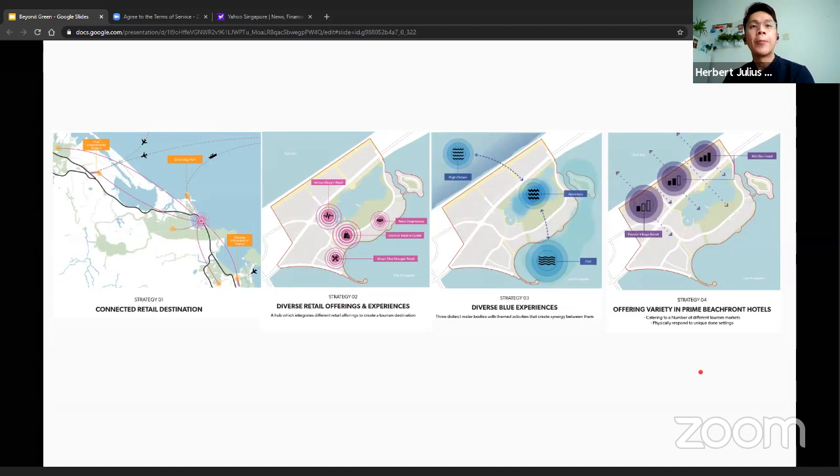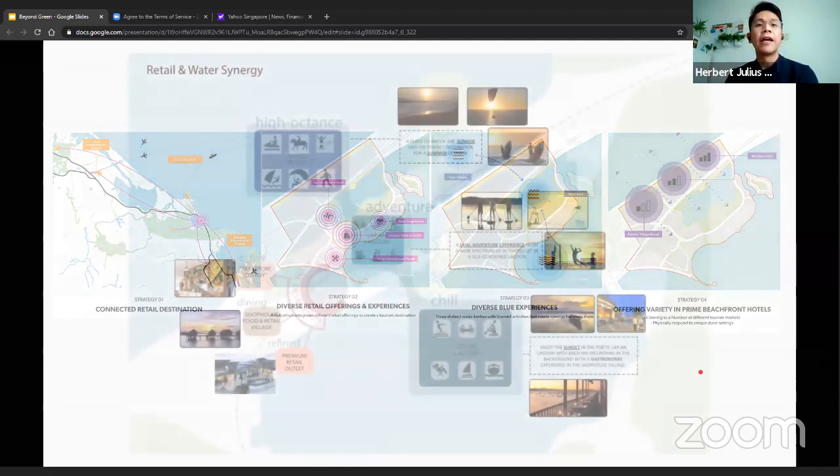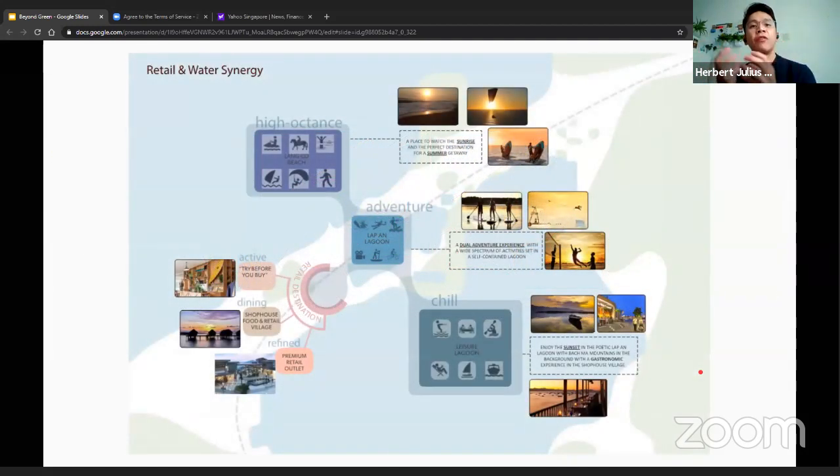So this is city scale level in terms of strategic thinking. And from that vision, we form this story of experiences of the site, of being able to enjoy the high octane adrenaline rush activities and having this adventure lagoon, but at the same time a leisure lagoon, which is more relaxed and tranquil, coupled with the retail destination.